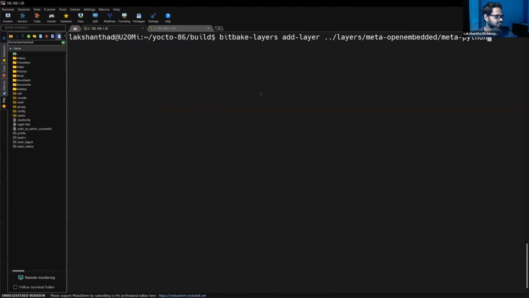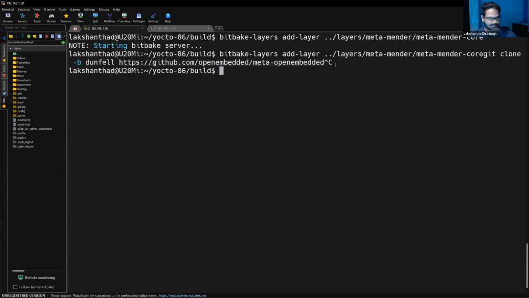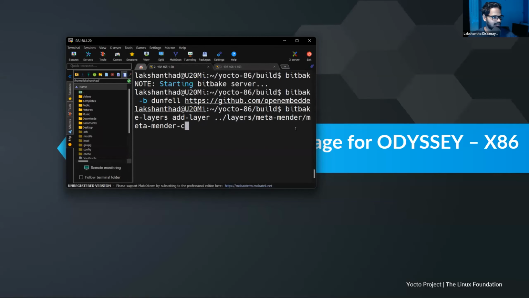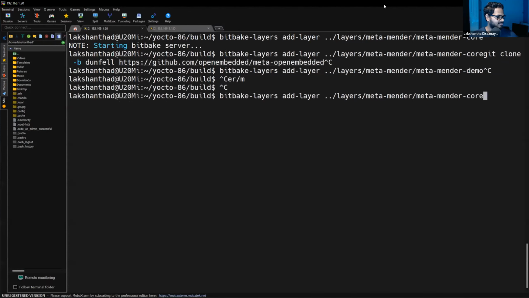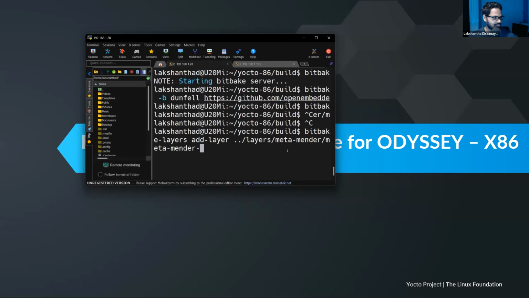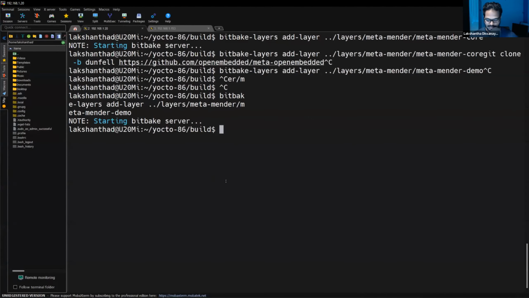So inside the Meta Mender core, and then Meta Mender demo. That was a mistake. Yeah. So now we have added all the layers that we need for this build.